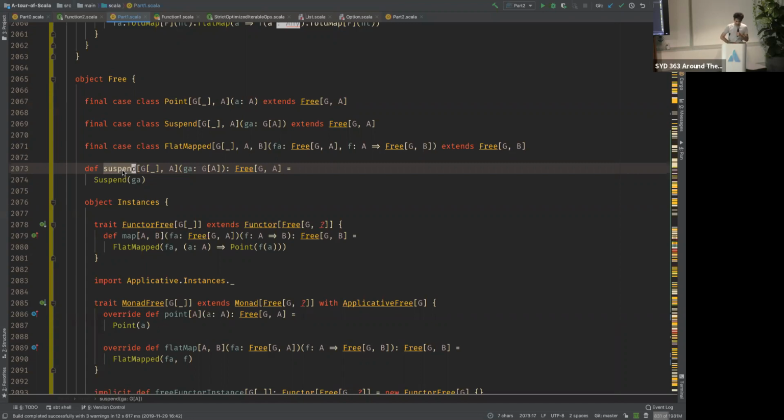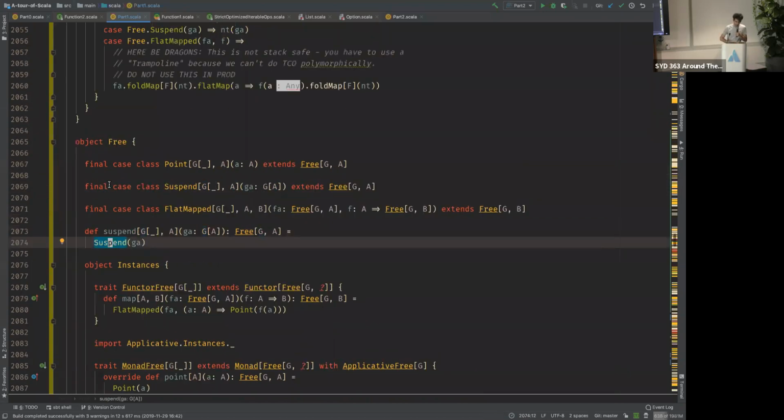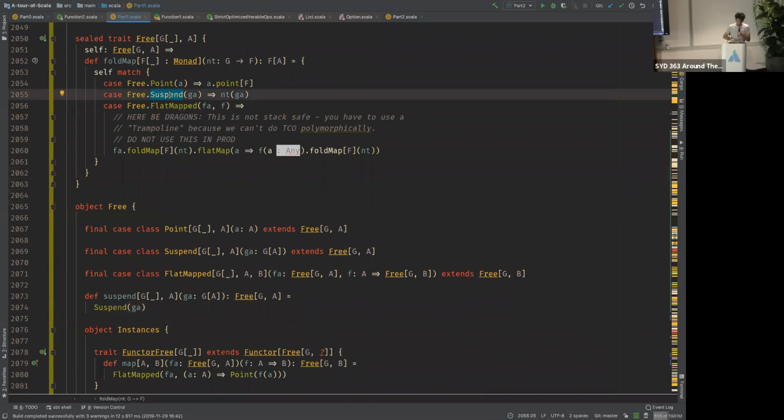And so what suspend does is it takes the G, the G of A, the grammar, the thing that is not the monad, and it also suspends it into the free implementation. And we have an interesting implementation for this, where suspend will take some G of A and it will use the natural transformation itself to convert that to the monad. And so now if we look at this flatMap